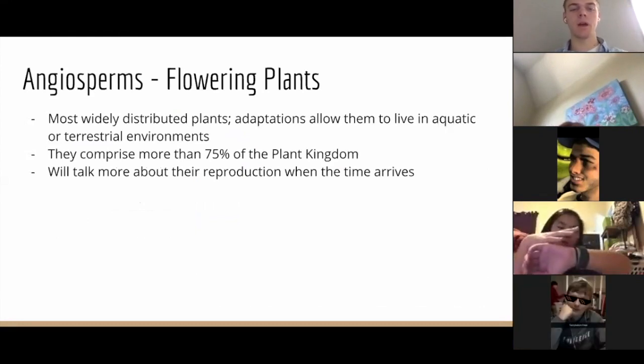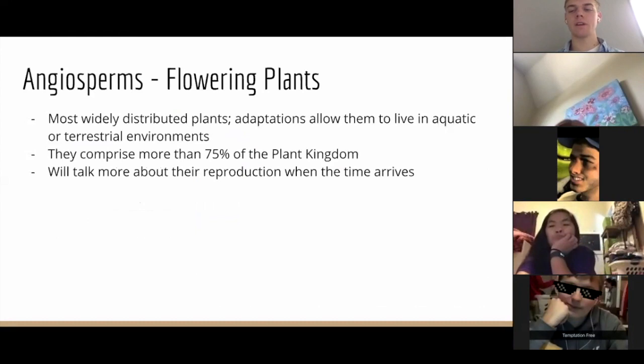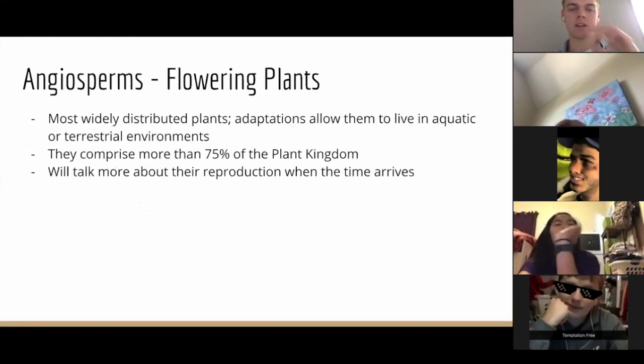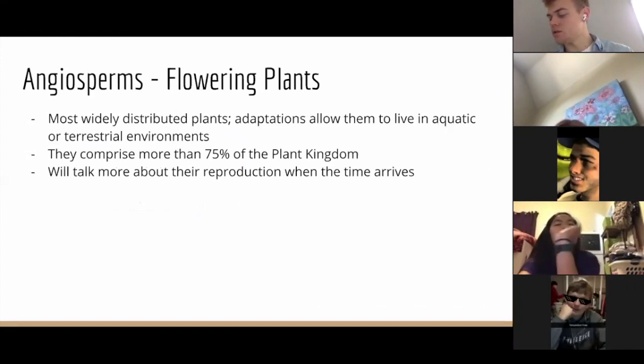Angiosperms, flowering plants, comprise more than 75% of the plant kingdom. They're also able to live in aquatic or terrestrial environments because they have certain adaptations. They probably have not as much